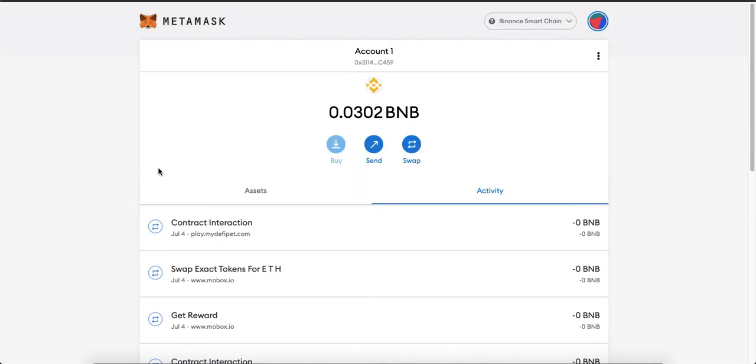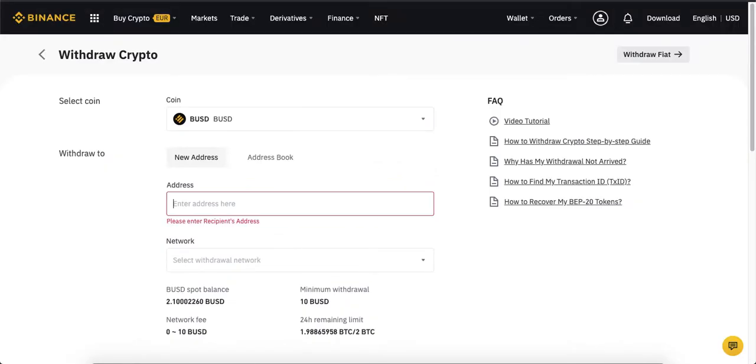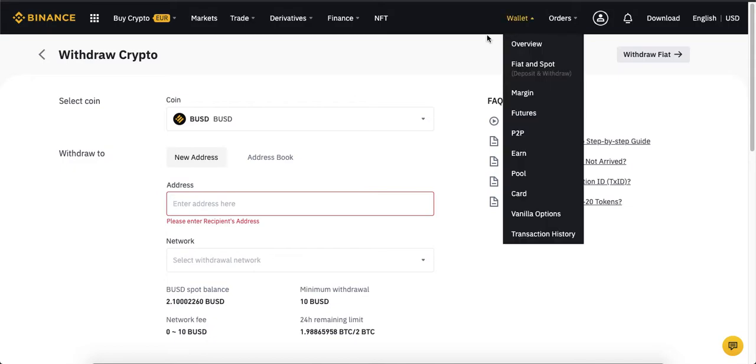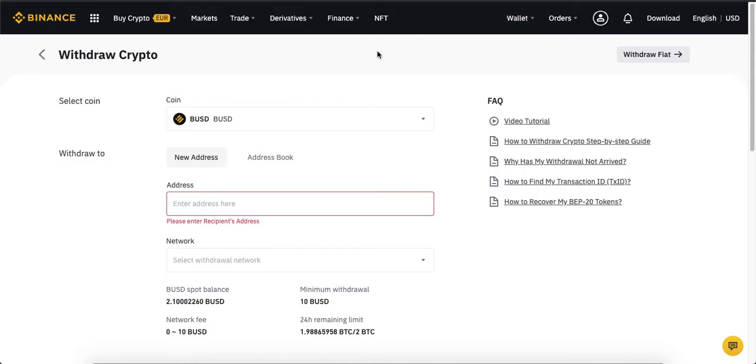Okay, and when you will start using it, you will not have any coins in it because this will be a new account. So I'll strongly recommend that you, in case you don't already have an account on Binance, create an account on Binance because that is the best way to transfer funds to your Binance Smart Chain MetaMask.